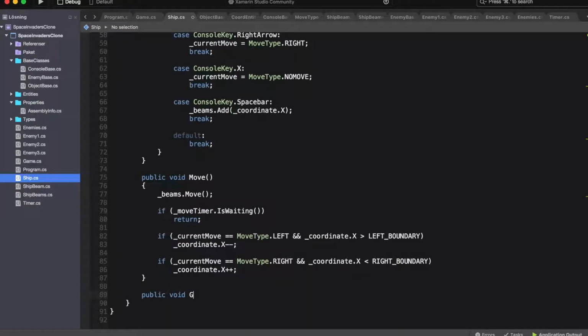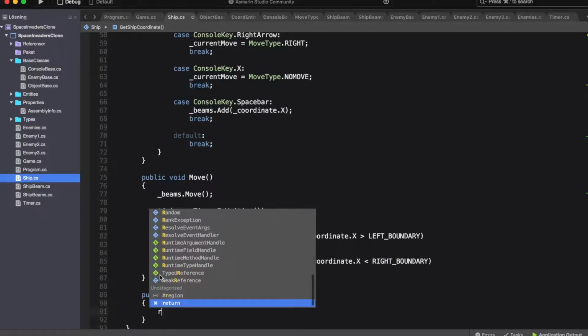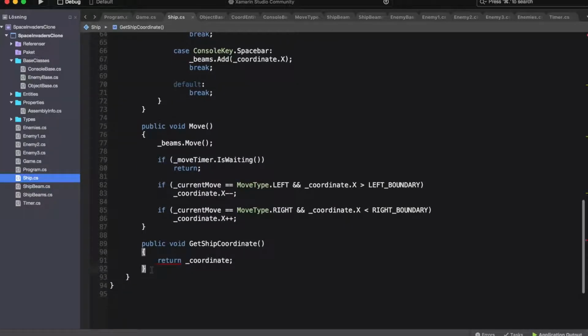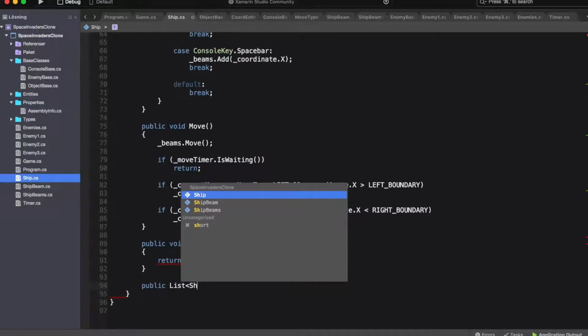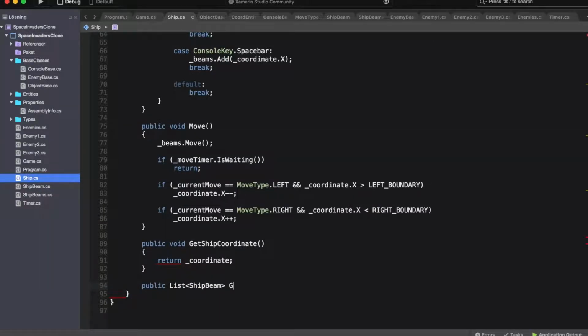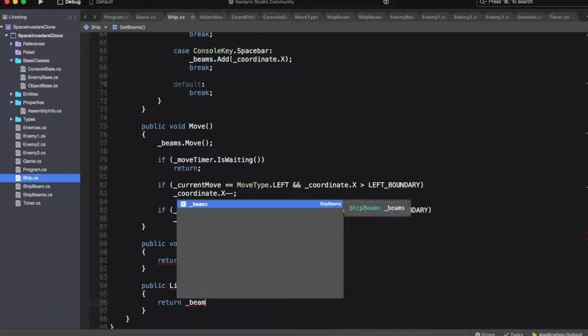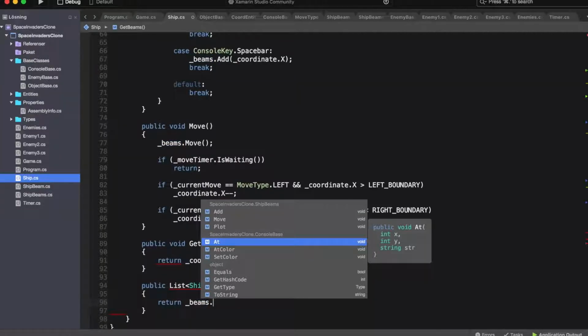So it's time to be able to shoot the enemies. In the ships class, let's create a getShipCoordinate function that only returns the coordinate, and then another public list generic shipBeam function that will return the beams, since the ship is taking care of the beams. We just return another call to the beam class itself,